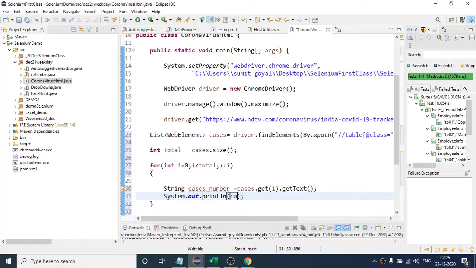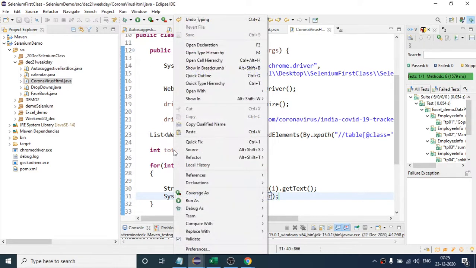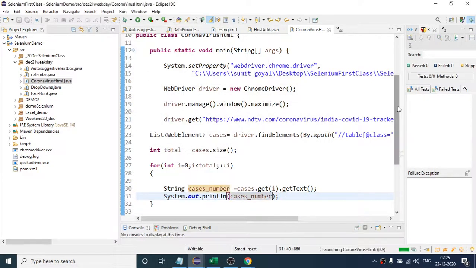And I will write cases hyphen number. So if I right click and run it as a Java application, let us see what output we get.